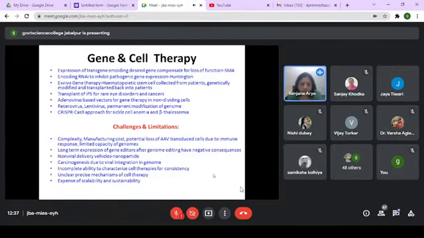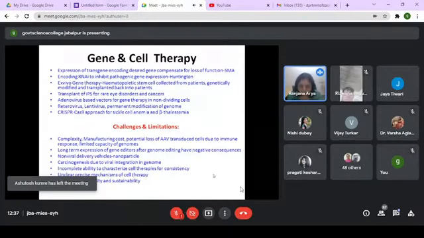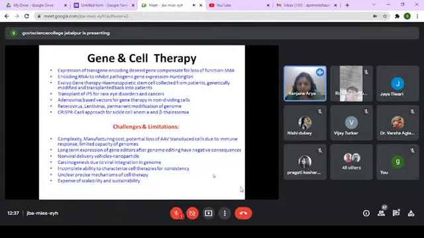So for gene and cell therapy, we have to identify the expression of the gene that has lost its function, then you can give that gene, particularly, for example, in SMA. In Huntington's, we give RNAi to inhibit the pathogenic gene expression. Similarly, in ex vivo and other diseases, we can work using induced pluripotent stem cells. We can give them to the patients to overcome the loss that is observed in the cells.